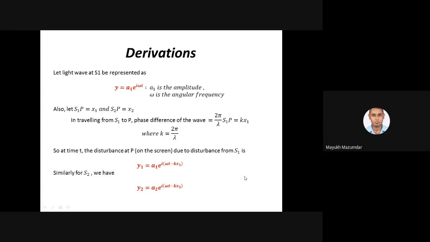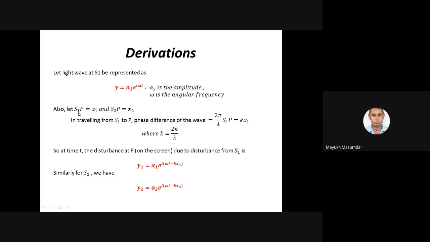You will understand. Okay. So what I'm trying to tell you is that I'm not writing a wave like cos or sine kind of thing. Those things are within this e to the power i omega t itself. We'll see it. So a more expected representation of a wave or disturbance is like this, where it will have an amplitude term and a phase term, e to the power i omega t. Omega is the angular frequency. Fine.